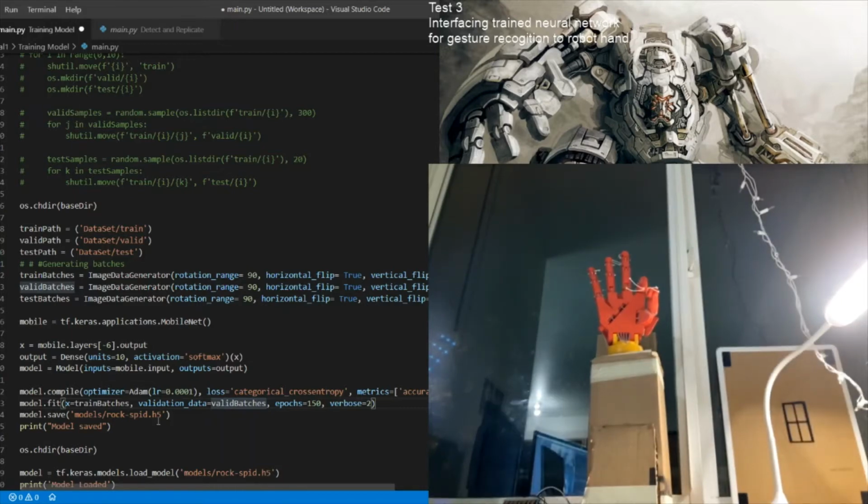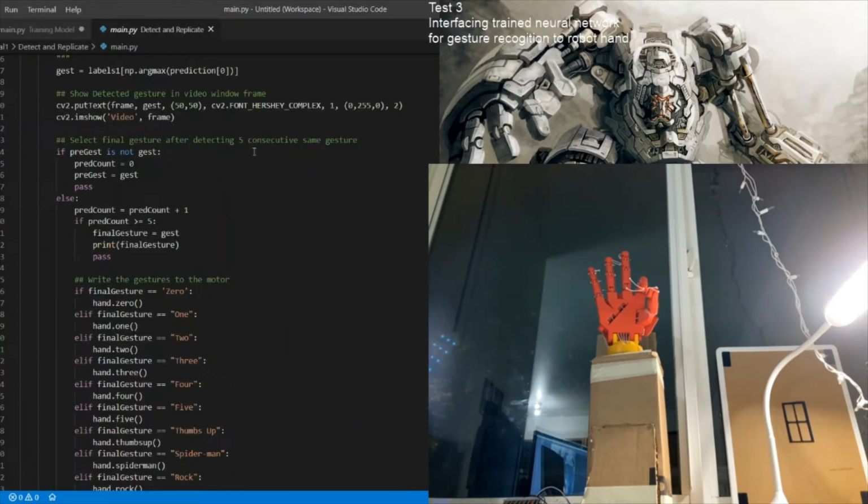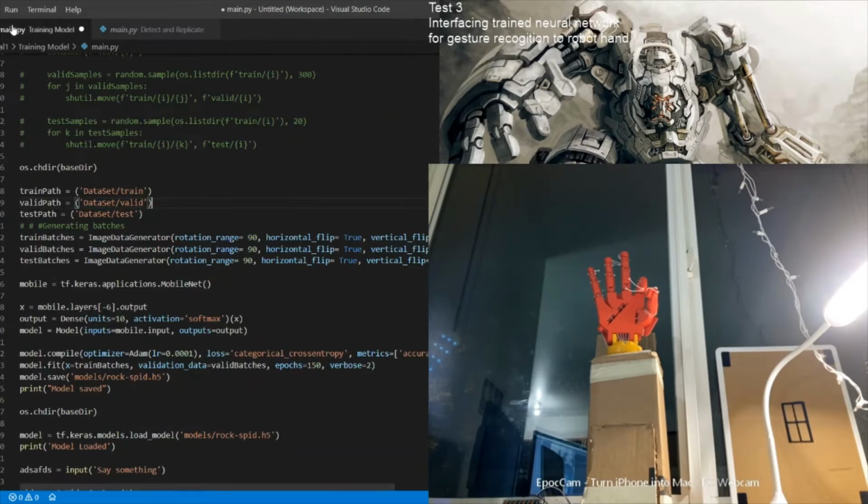Once this model is trained and saved, it will be used in the detect and replicate Python file. Since we are using Raspberry Pi, the computational power required for these Keras models is way too high and it lags too much. So what we'll do here is convert this .h5 model to a TF-Lite model.